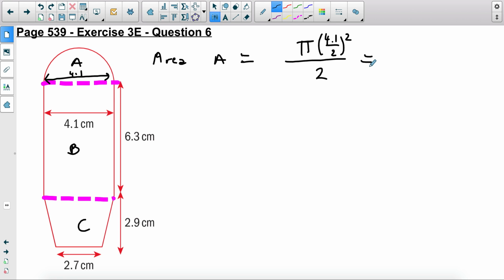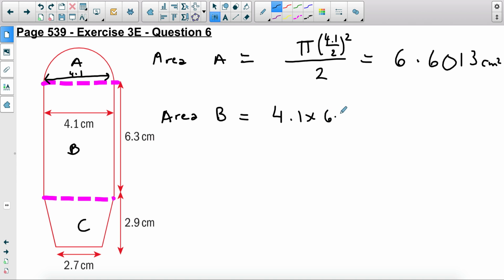So this whole thing is equal to 6.601. It's a good idea to keep your answers in as many decimal places as you can, just to maintain the accuracy later on. So this is 6.6013 centimeters squared. Now the area of B is quite clear, so you have 4.1 and then 6.3. This is just the area of a rectangle, which is 25.83 centimeters squared. And the area of C is a trapezium, so for the trapezium you have A plus B